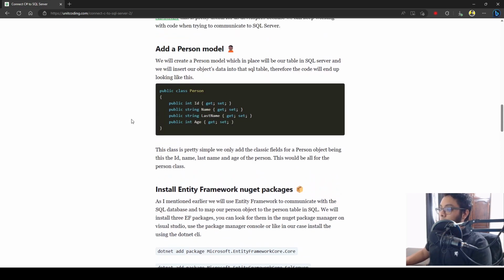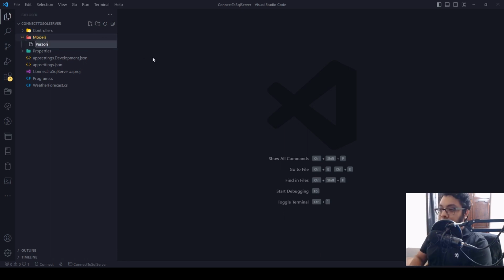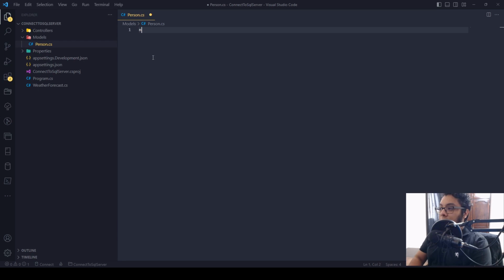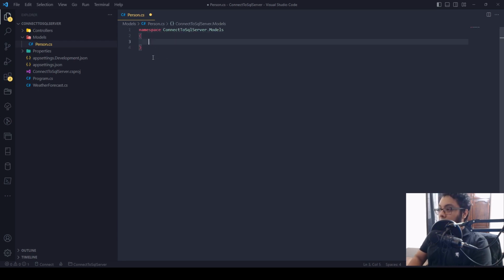Let's create a person model. Let's go and create a new folder called Models, and inside this, let's create a Person class, Person.cs. Let's say namespace, public class Person. And let's use these two. Yeah, int Id,